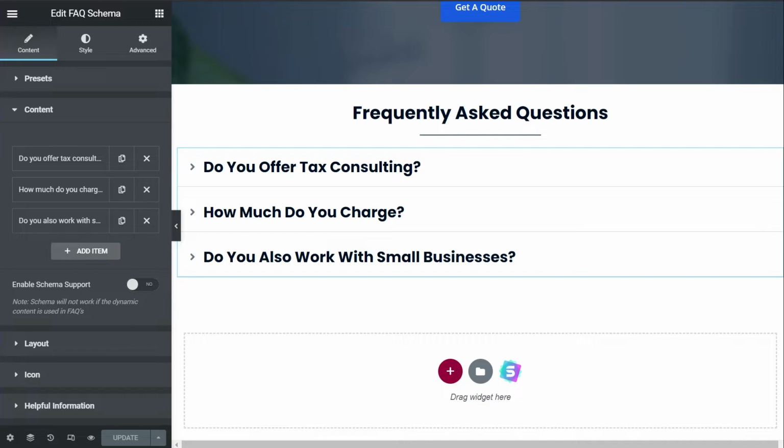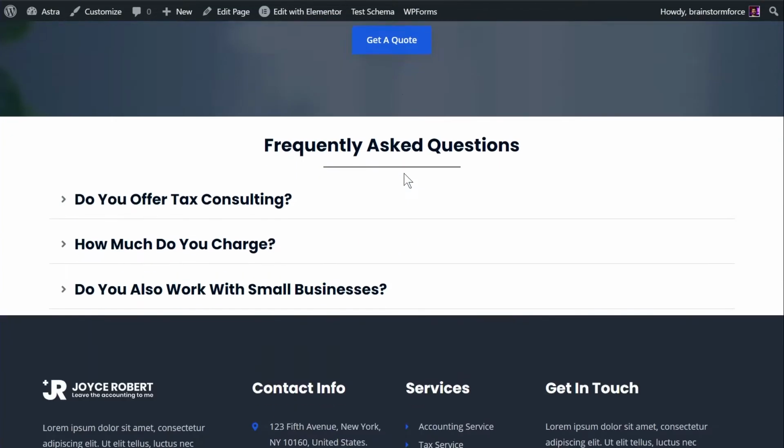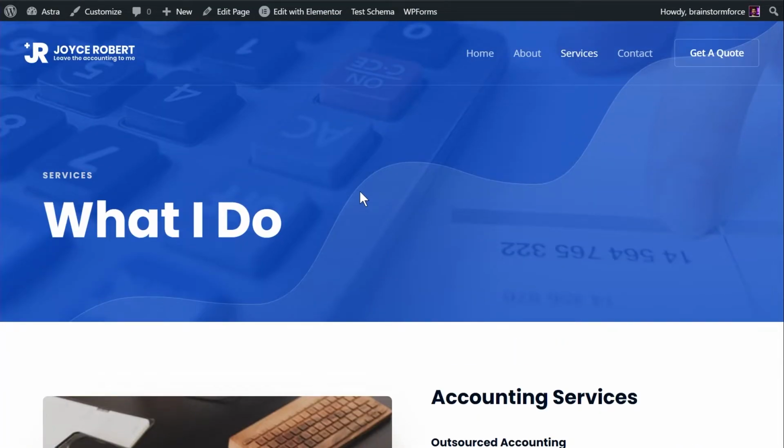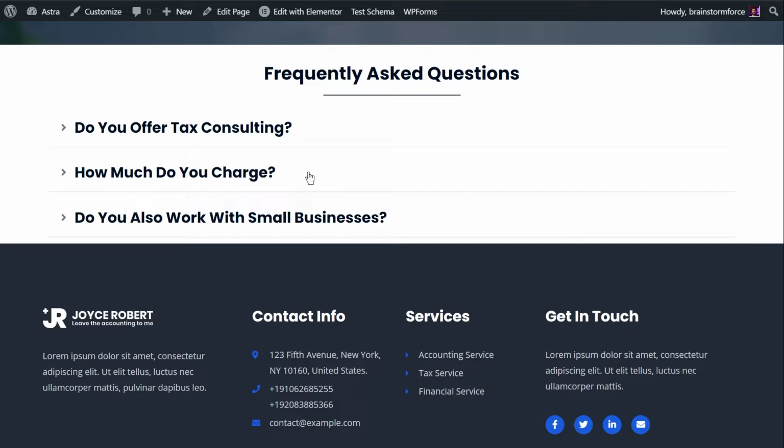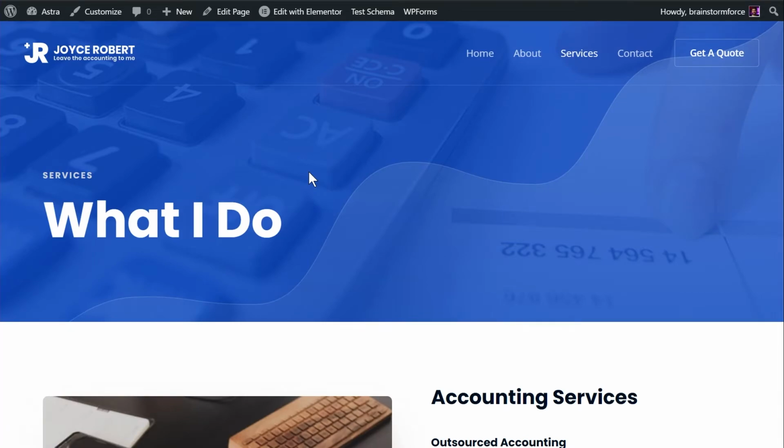Just to give you an idea, let's open up the website once again, and you can see the FAQ is added right here. Now, when you create a website, you don't usually add schema to just one page like this. You might be doing this; it might be an exception or an edge case. But most of the time, if you already have a website, or if you are trying to build one, then you will have different kinds of schema on the different kinds of pages on your website.